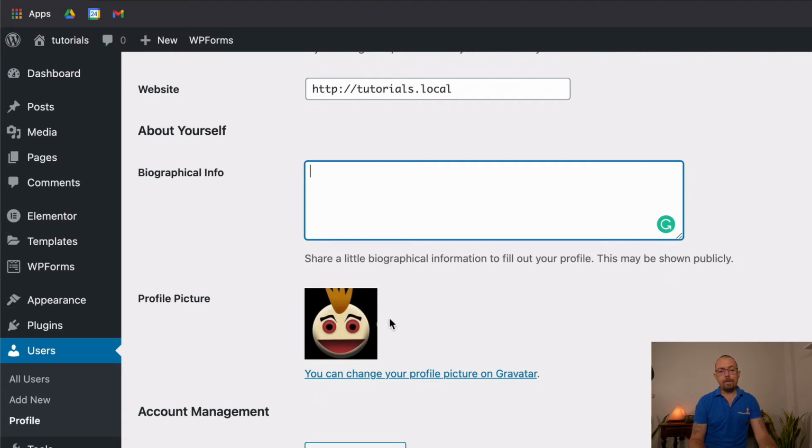This is a profile picture of the gravatar. This is how you change gravatar. Gravatar is a company for WordPress that you associate an image with your email address. So anytime you're on other blogs, anytime you're around the internet and you start leaving comments as that email address, your gravatar, your little image here, gets displayed on that as well. That's how your image is always displayed on things.